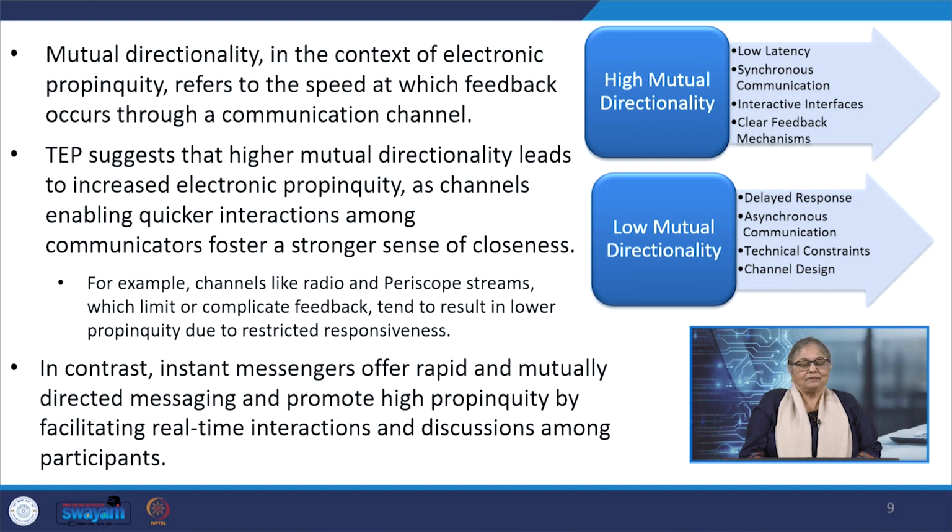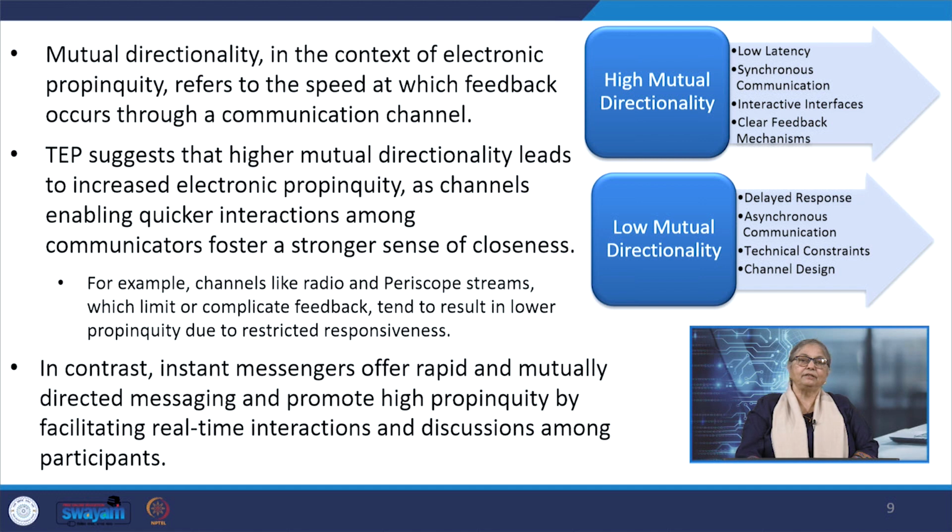For example, channels like radio and Periscope streams, which limit or complicate feedback, tend to result in lower propinquity due to restricted responsiveness. In contrast, instant messengers offer rapid and mutually directed messaging and therefore promote high propinquity by facilitating real time interactions